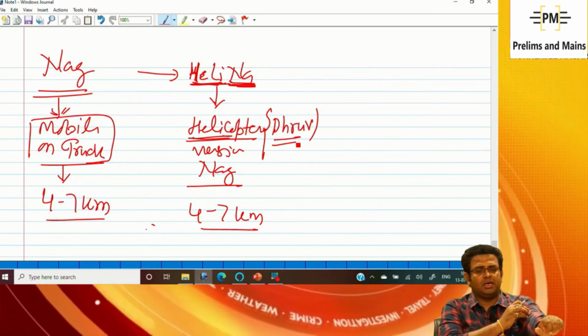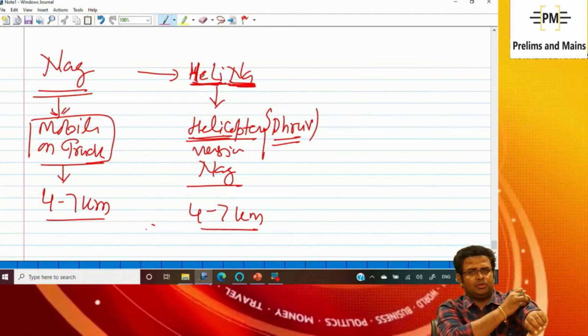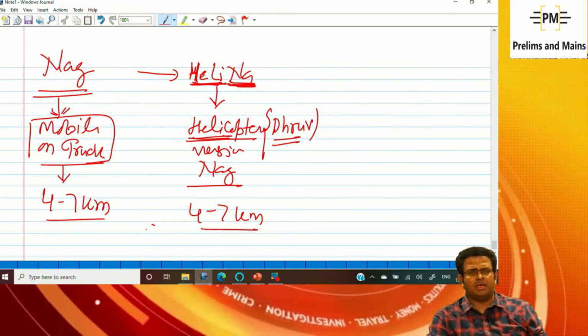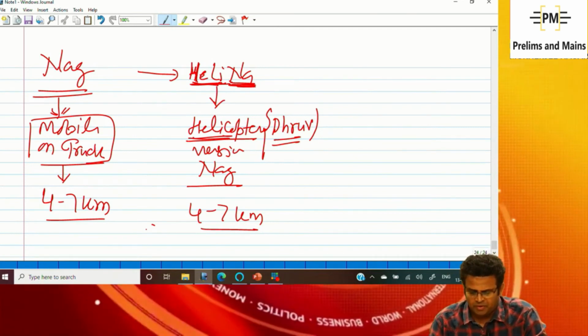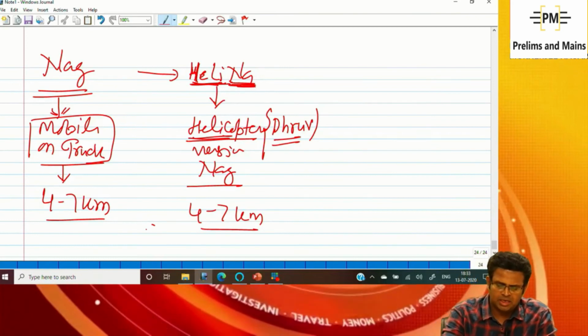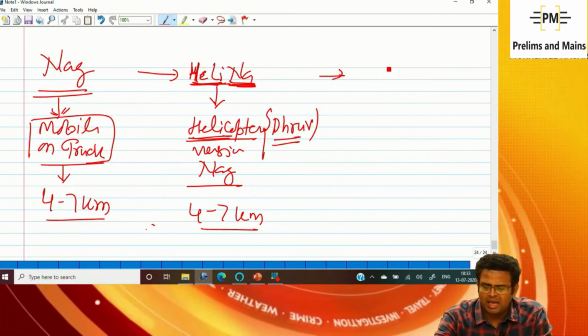the Dhruv helicopter, that India has made, and it has very high capability. Apache and all these we have taken from America, but Dhruv is indigenous. So the helicopter version of it is Helina. Now there is another one, which a man can carry